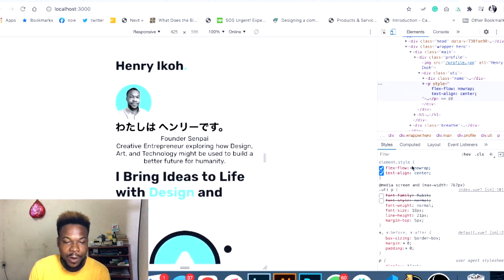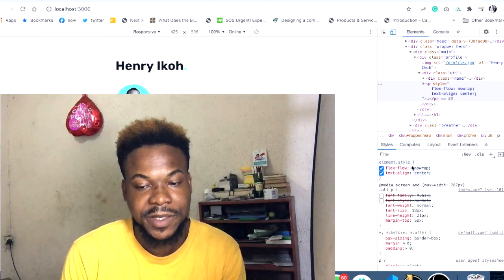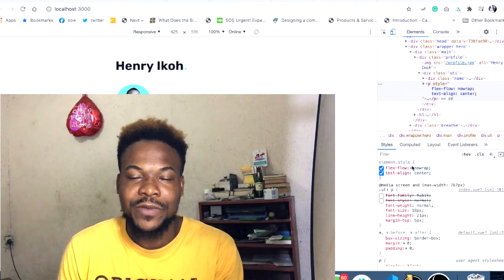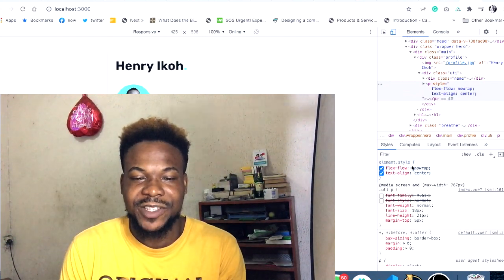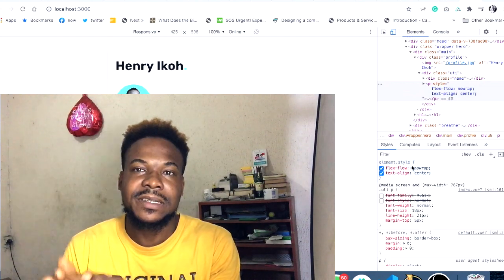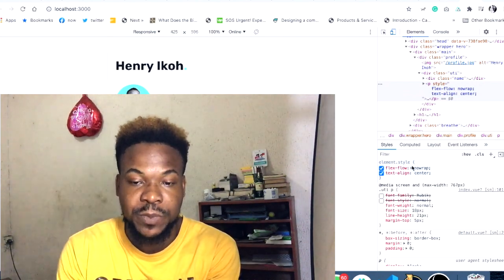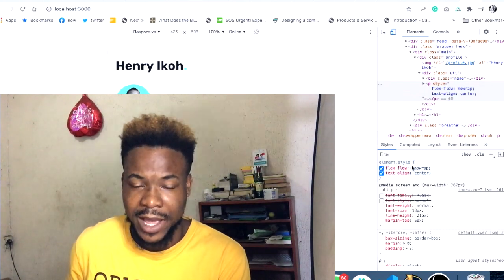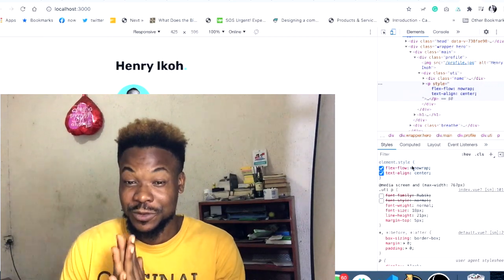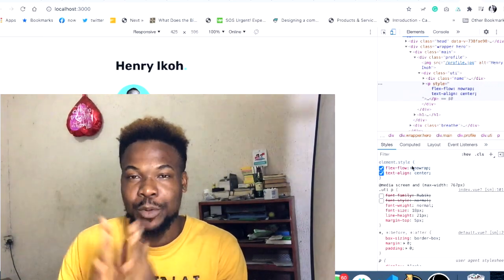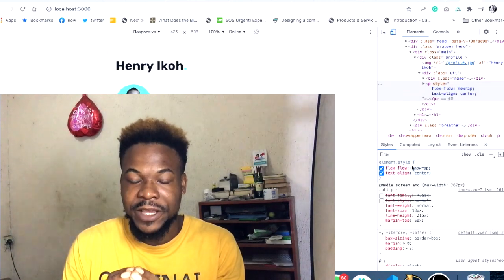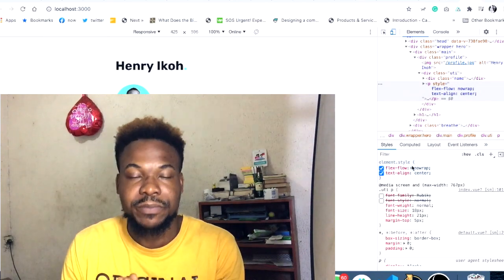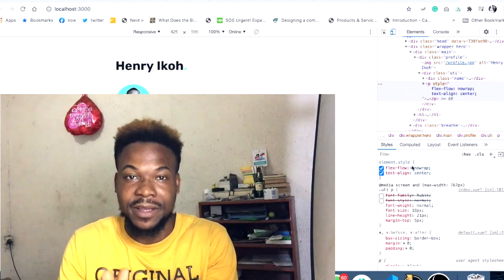Alright, so this is how you become better at CSS. This is how you get better at styling with CSS. We could even go into making it responsive and seeing how it looks on different screens with your inspect tool, which you can. But my computer is obviously being really slow right now, and I don't really want to make the video too long and too glitchy. But this is the fundamental. If you can understand this and apply it to your development process, you would enjoy CSS a lot better